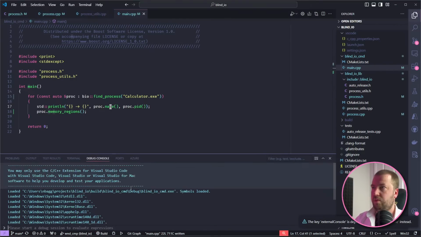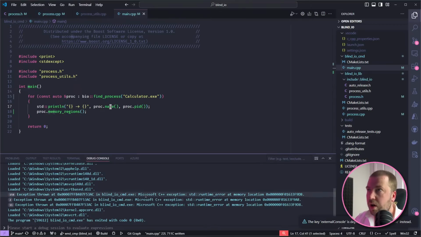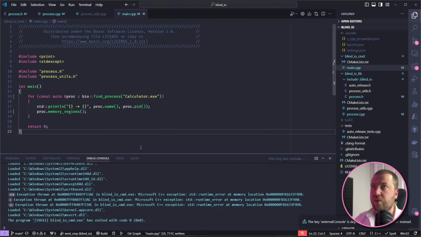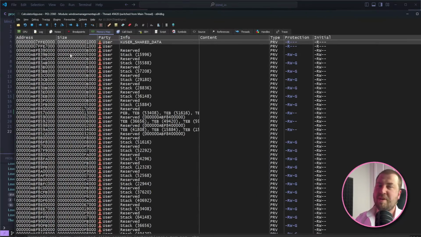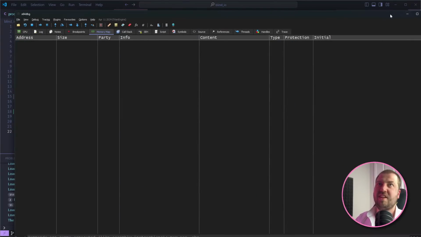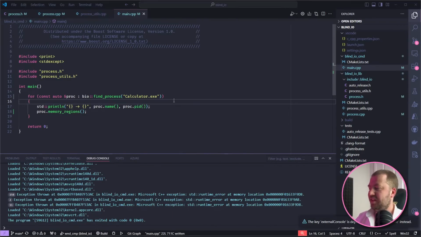Debug console. That was 100% not what I was expecting. Let's see if we can debug that. Where have I gone wrong? It's because I've got a debugger still attached to calculator. Let's just stop that and start up calculator again, this time unattached.